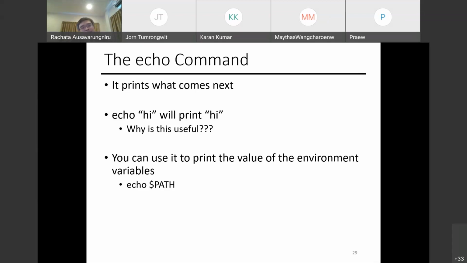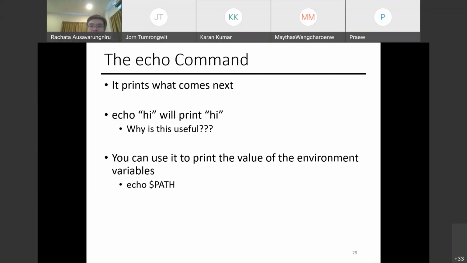So if I do echo $PATH, it will print out the content of the path variable. It really prints the value of the variable, right? It's kind of like in Python, when you do print x, it prints the value of x. In this case, echo followed by $ and the variable will print the value of that variable.